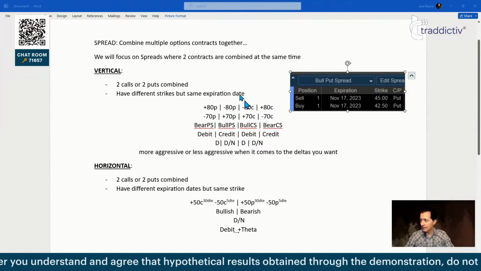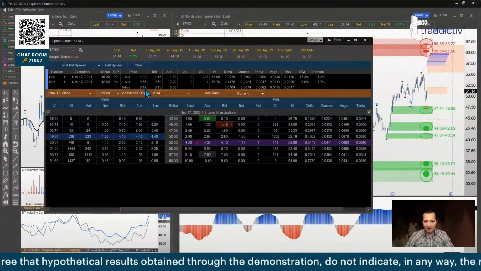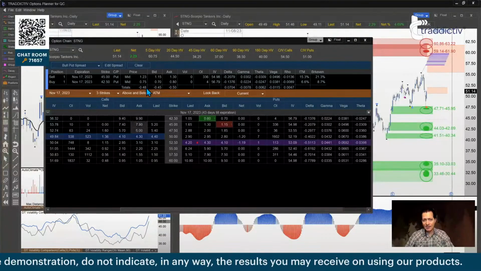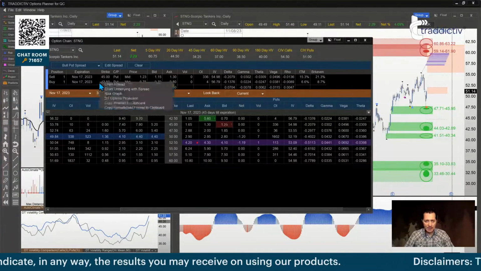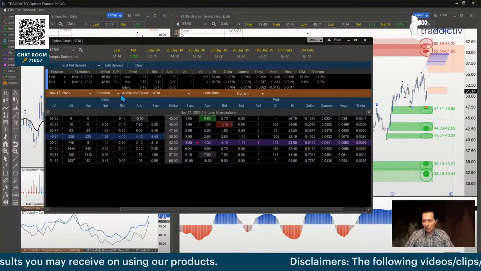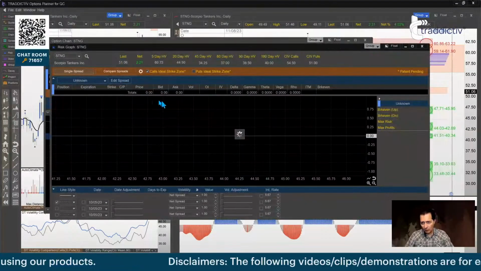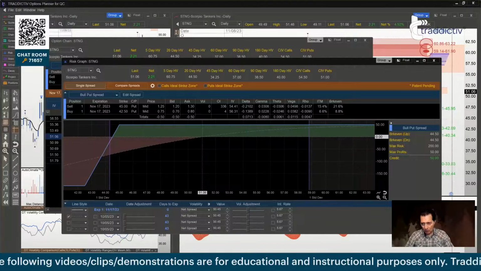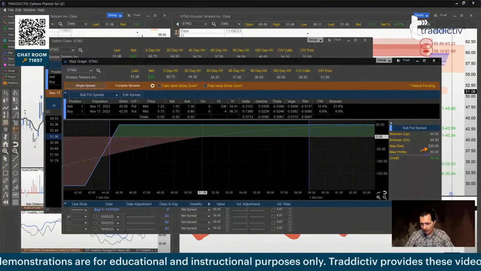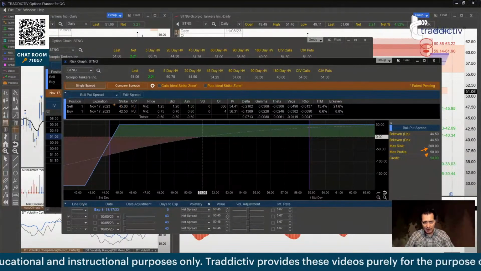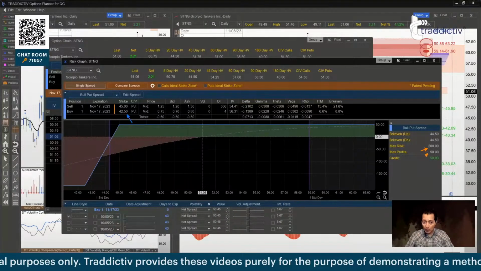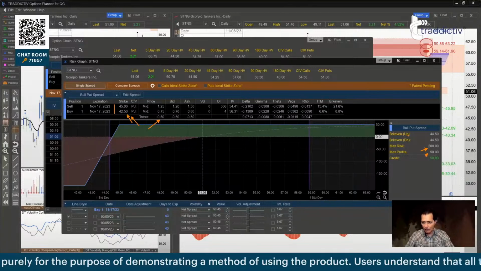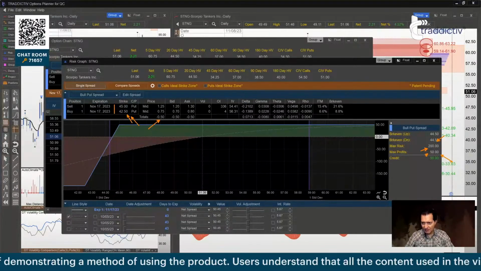And if you were to do this trade, this trade would pay you 50 cents. So if you're right, you make 48 cents, which is $48 per contract. And if you're wrong, you're going to lose the difference between strikes minus the credit. You can always graph it. I'm doing this quick because it's actually the ending time of the session. So the most you can lose is 200. The most you can make is 50. Why? Because the distance between strikes is 2.5, so the most you can lose is $250. But because you get paid $50 to risk 250, the most you can lose is 200, and the most you can make is 50.